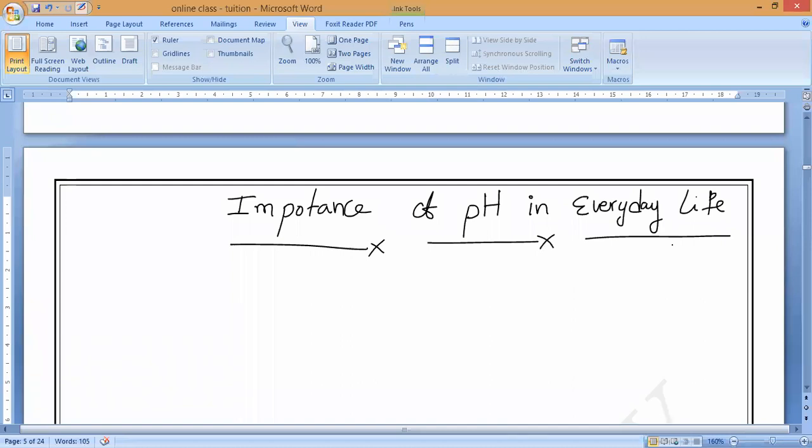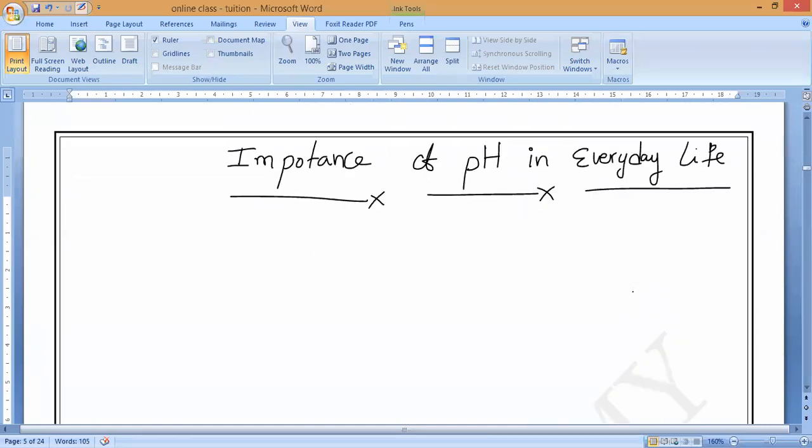Our digestive system is the major one which causes acidity or ulcer, and that also depends upon the pH. If the pH value changes, based upon that it causes acidity for us. Continuous acidity will lead to ulcer. So the pH plays an important role in many activities of our everyday life.